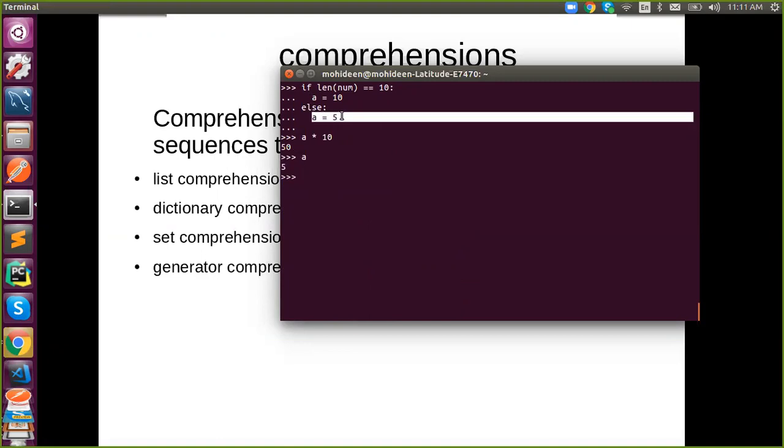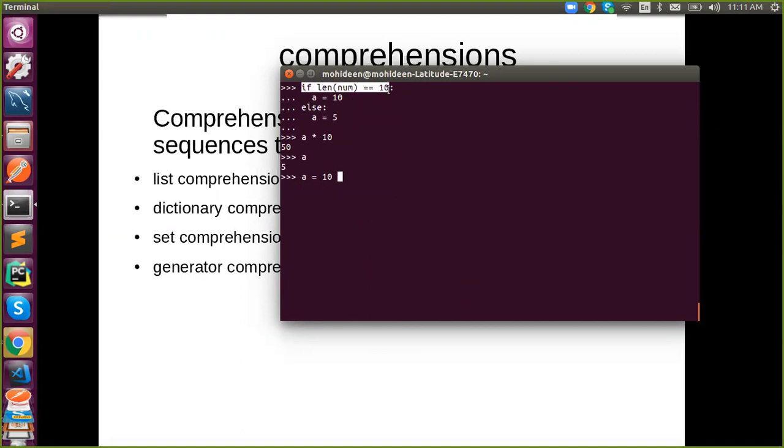Now we can keep this as a single-line if condition: a is equal to 10, a variable whose value is 10 when the condition is satisfied, otherwise else. Here else is mandatory. So this is a one-line if condition. Similarly, we are going to write a one-line for loop, that is, for i in num.